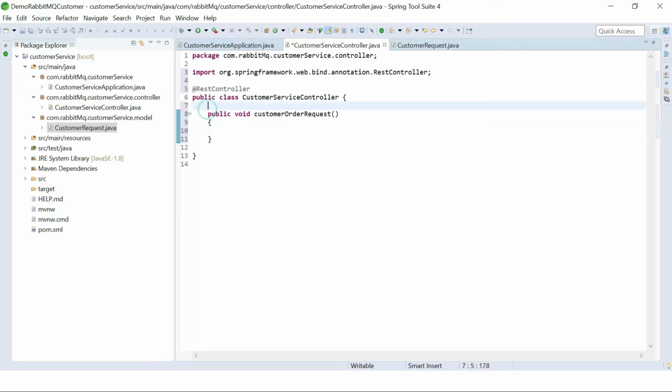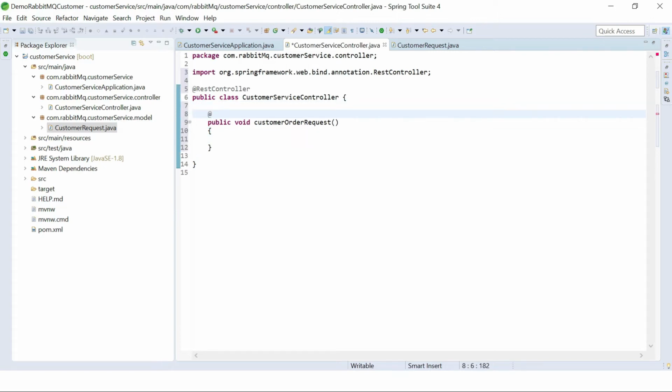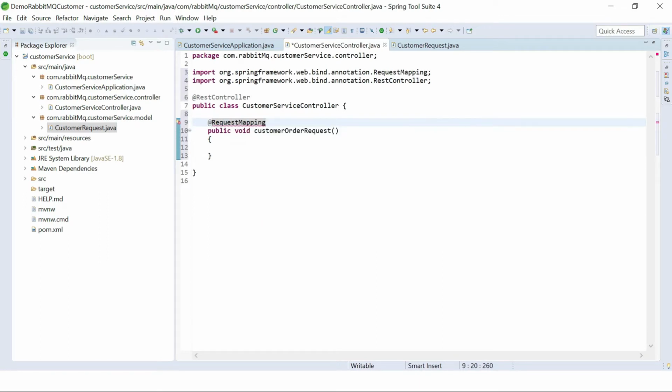So we need to map it. I am using request mapping. You can use post mapping also, or some other mapping. Okay, as it is inserting, it should be post mapping.